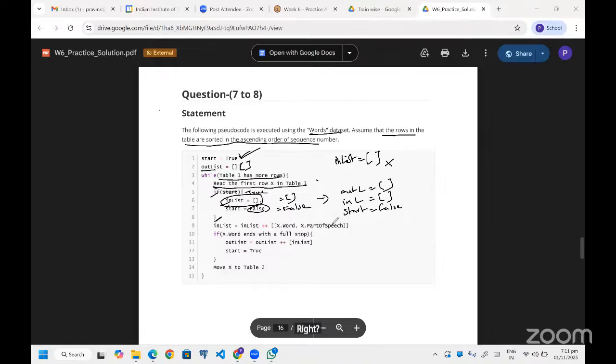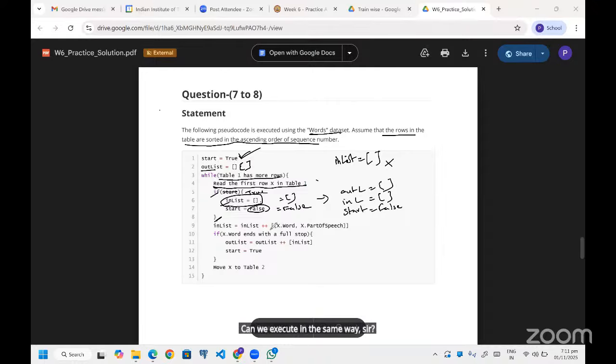So initially, why is start true and again after that, why is it false? Please explain that once again, sir. Like why? So the thing is, why is the in list false? Instead of taking the in list over here, can we take the in list in the third line? Can we execute in the same way, sir?